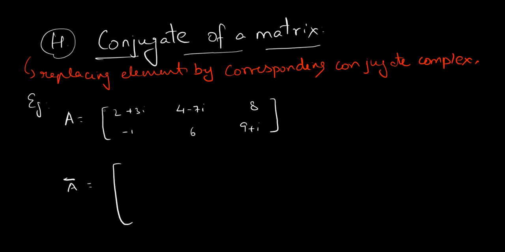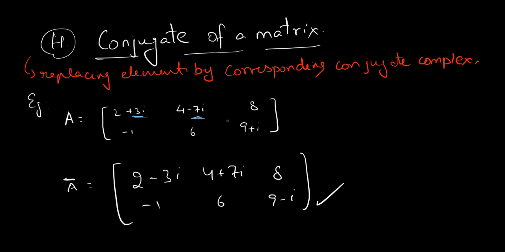So we can see it right here. I'm writing it: 2 plus 3i, right? I already told you, if there is a sign before the i, the symbol is going to change. So if it is plus, it's going to be minus. If there is minus, it's going to be plus. Okay, this is really simple. Just the symbol: if we have a plus before this i, we want to change it.